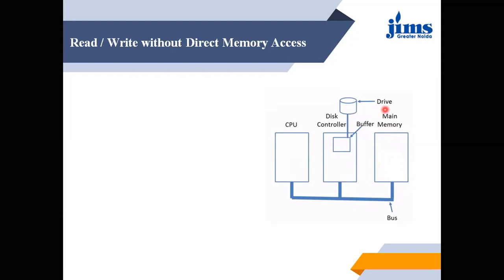But if we are not getting the data in the drive also, it means the input has to come from an input device. So in this case, the CPU has to wait a long time, and the